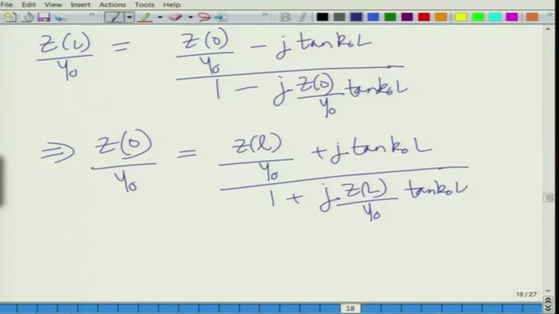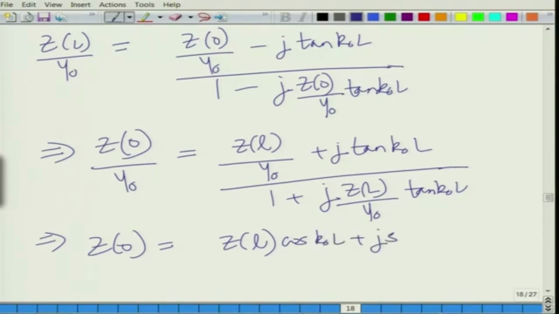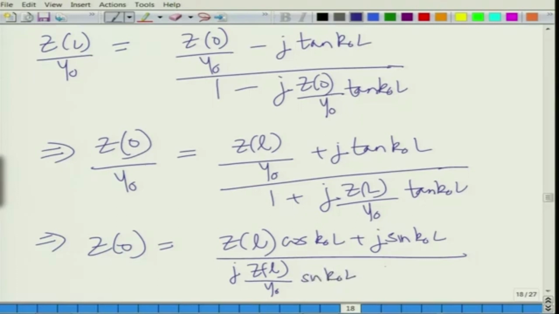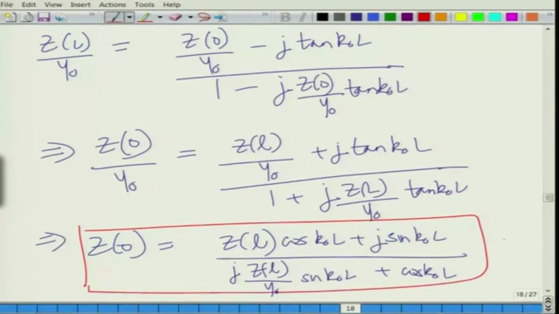So, where are we heading towards? Or probably Z naught is your Z L times cos k naught L plus j sin k naught L, divided by j Z L by y naught into sin of k naught L plus cos of k naught L. So, this expression is of significance to us, and we will probably call this